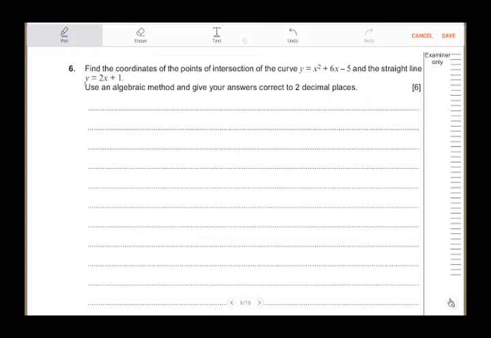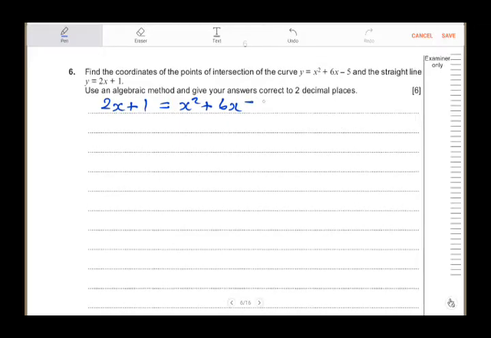The method we're going to use is substitution. We're going to substitute the linear equation into the quadratic. So basically y equals 2x plus 1. Instead of y, I'm going to write 2x plus 1. So I'm just going to write that straight away on the first line. So 2x plus 1 equals x squared plus 6x minus 5. So all I've done, instead of y in my equation of the curve, I've replaced it with 2x plus